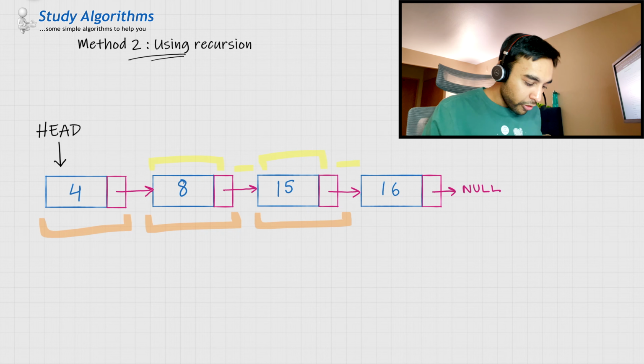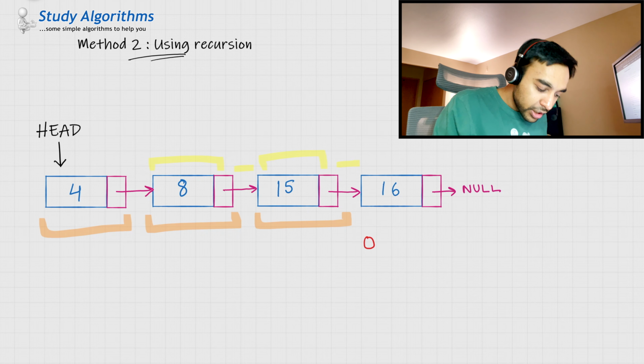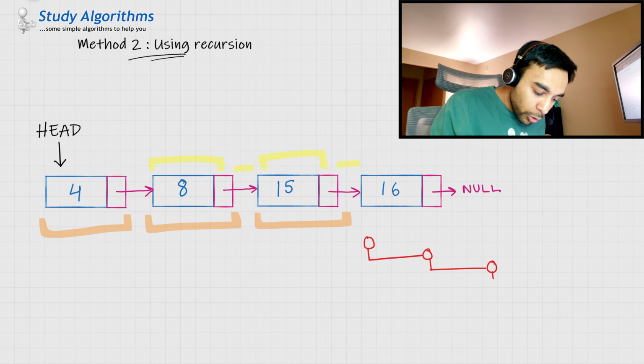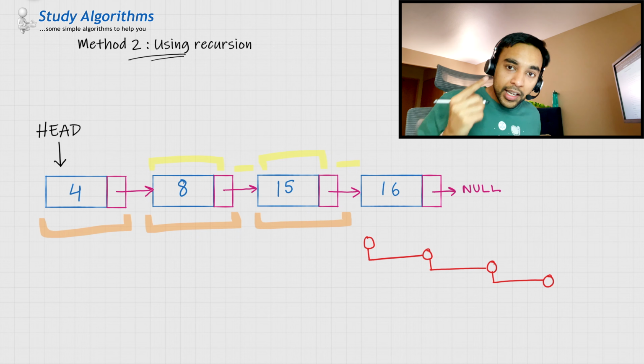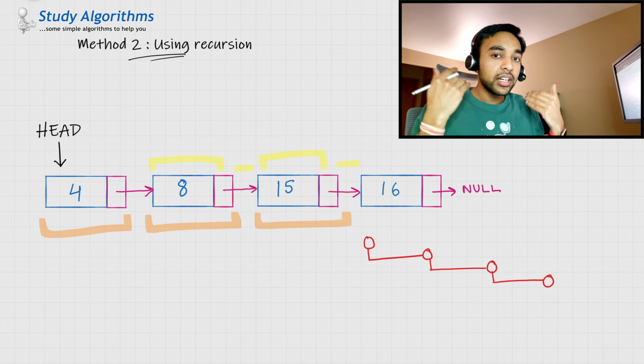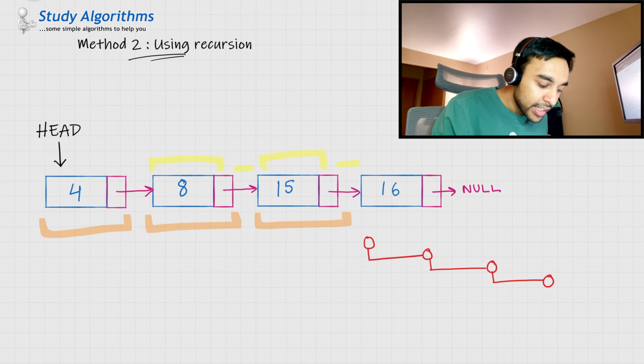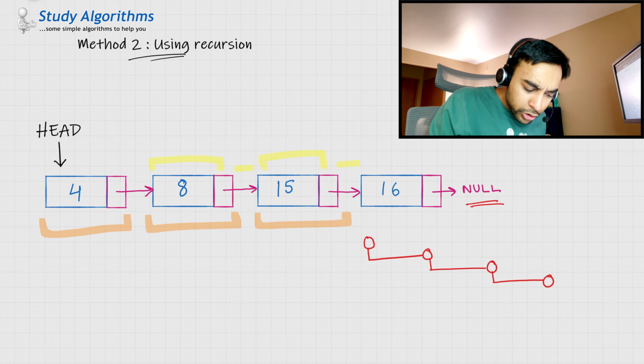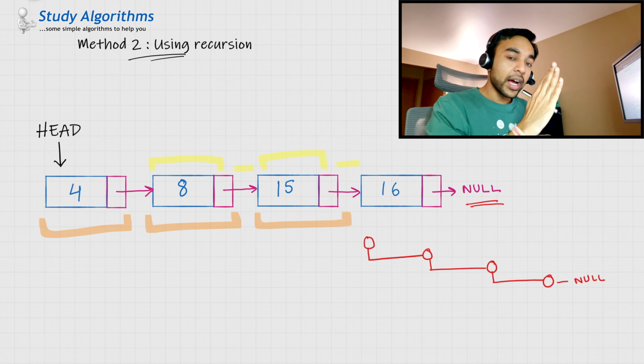The general idea of recursion is you invoke the initial function and then you invoke the same function with the next value. Going ahead, you invoke the same function with the next value. You keep on doing this until you reach a terminating condition. That means you don't want to repeat the process after that. In this case, your terminating condition is the null statement. So as soon as you reach null, you can start to go back.